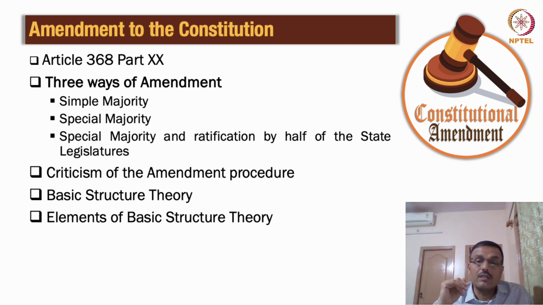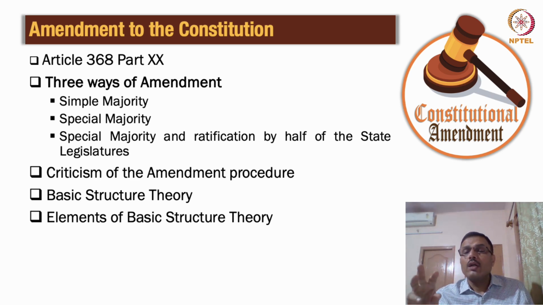So, I think, trying to strike a balance between flexibility and rigidity, 368 does not give any kind of a special power to the legislature, or does not give exclusive power to the legislature to amend the constitution. As I told you, the legislature represents the will of the people. The legislature represents the aspirations of the society, because that is through direct voting or franchising that these people are brought to the parliament. So that's one thing of theory, of course, but that is something that has been said time and again.